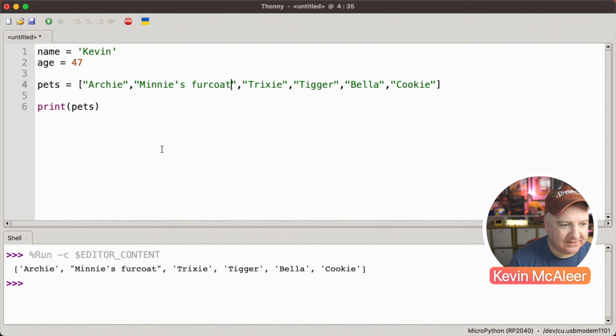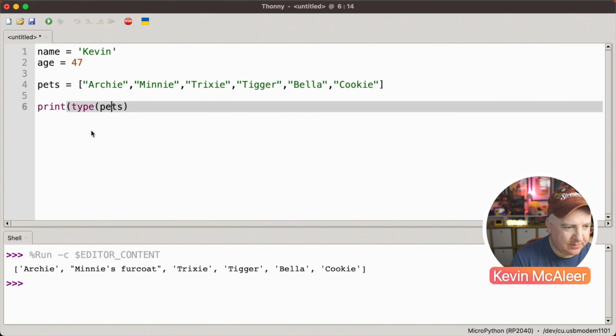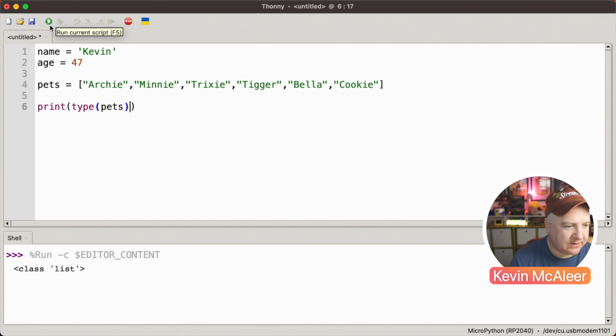So it's kind of defaulting to single quotes if it can, probably because it just looks prettier on the printout. So let's go back there to mini, and that's what we can do with pets. Let's have a look what type that is again. So let's do type, and let's run that and see what it says. So it says it's a list,